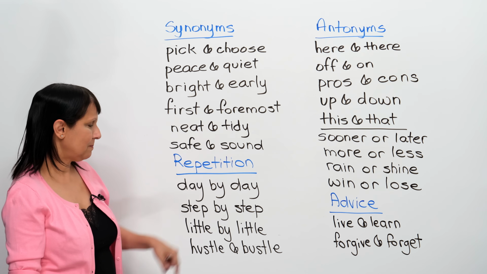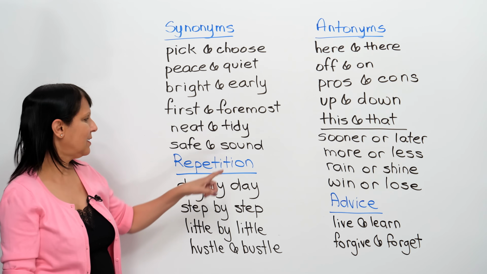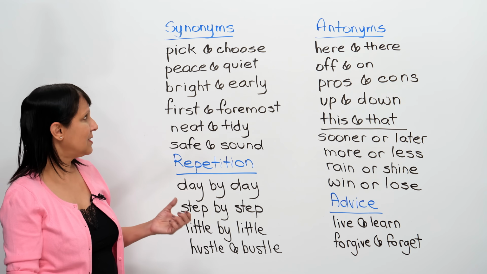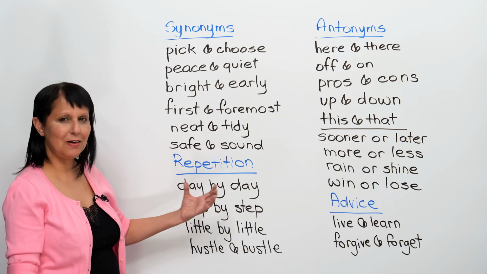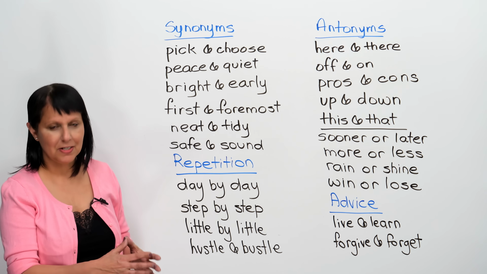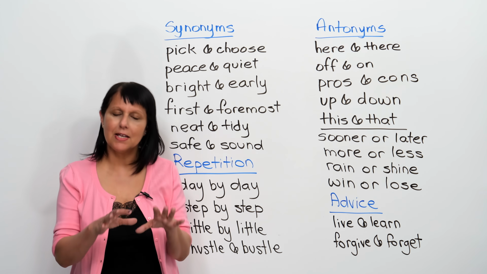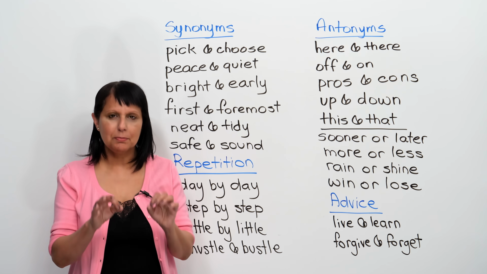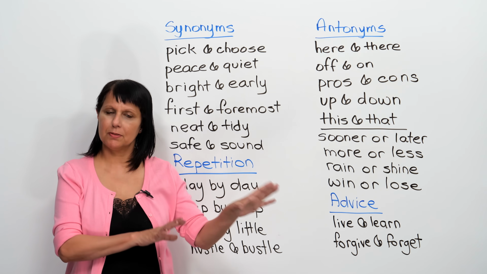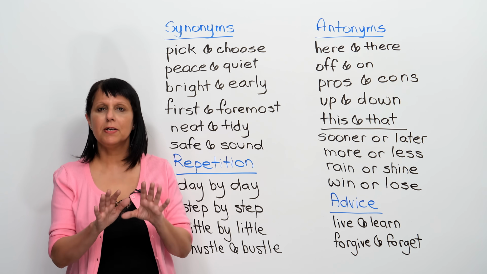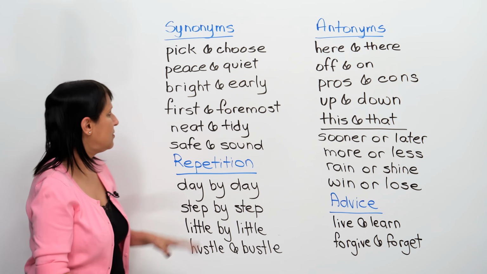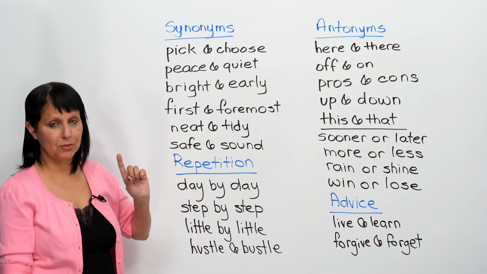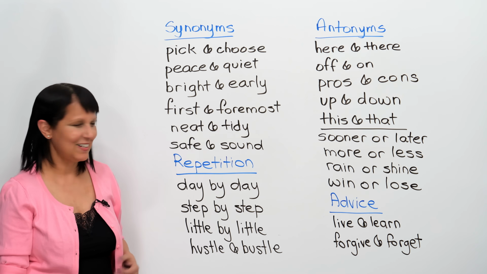Safe and sound. So you might be wondering why those are synonyms. They are because there is a meaning to the word sound, which means the same as pretty much safe. So safe and sound basically means that everybody was completely safe. They returned, there was some problem, but they returned home safe and sound. Everything was fine. Okay? So those were synonyms, some examples. Okay, as I said, there are so many more.